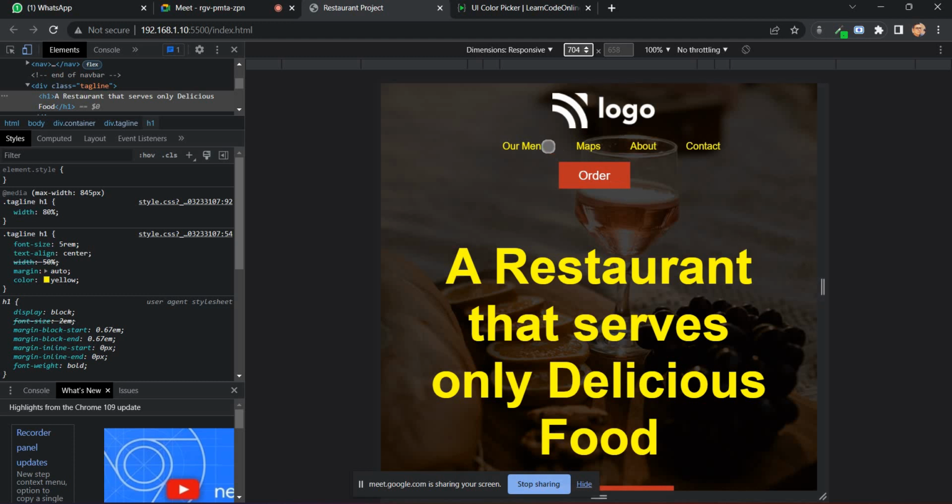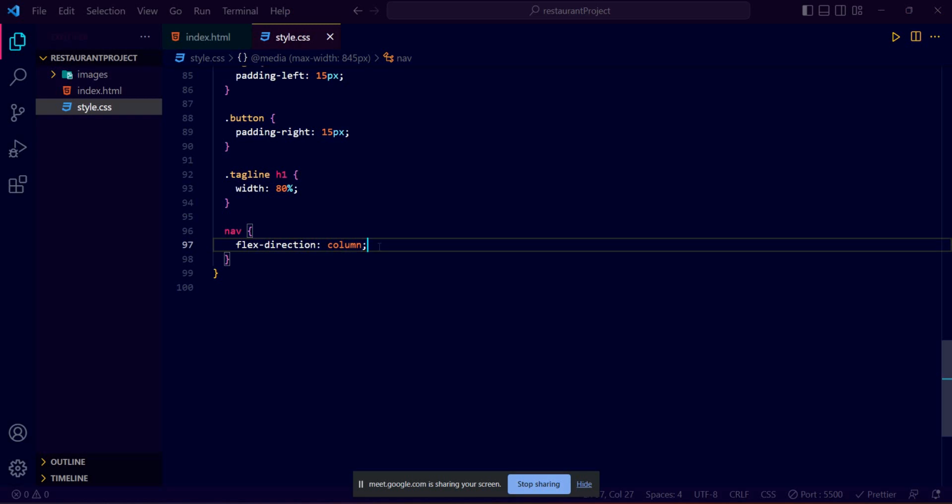Yeah, it's working. We need to increase the gap, not size, gap between these three components or elements. Component is not a good word here because components are more familiar in React. In HTML, we say elements. So yeah, let's give a gap